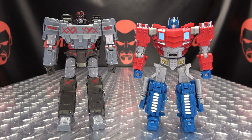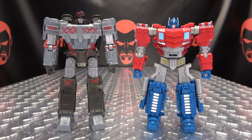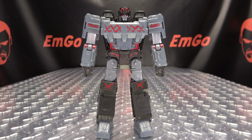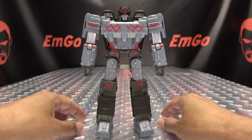And moving right along, here we have the Fractured Friendship 2-pack of this Megatron mold that we've gotten so many times already, and Orion Pax, who is a remold of the Gamer Edition Optimus Prime. So we're going to take a look at these two individually, so let's start off with the least interesting of the two here. So here we have Gladiator Megatron, and we've gotten so many versions of this particular mold that